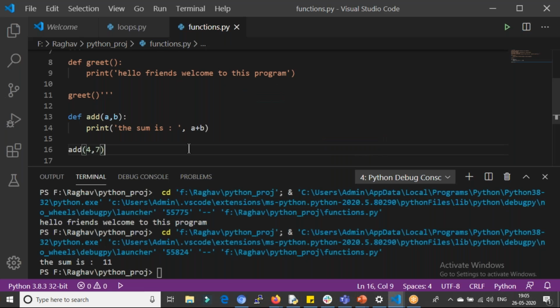Okay, let's go over here. So what are these arguments over here? Shreyas, what are these arguments? Formal arguments. Great.